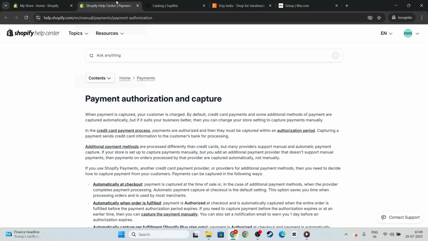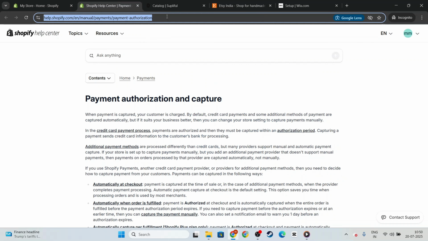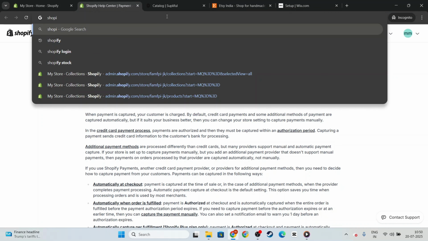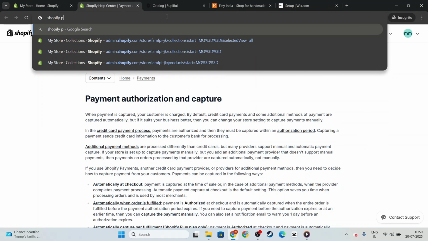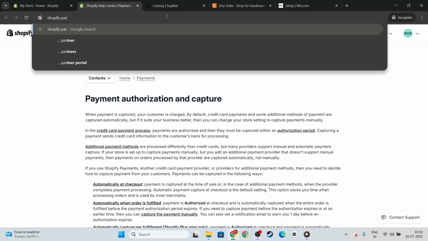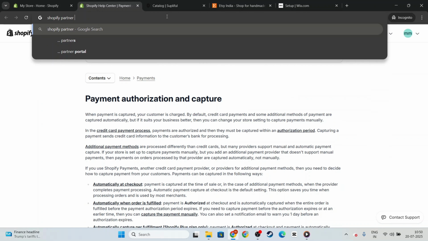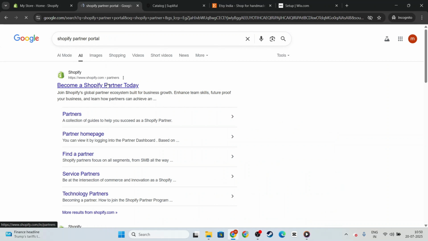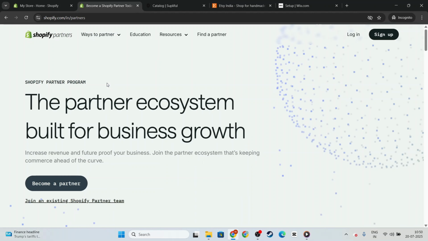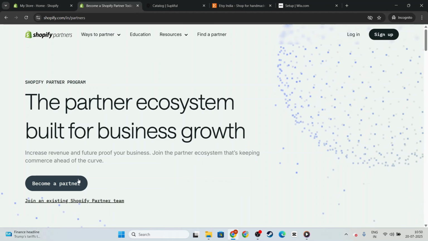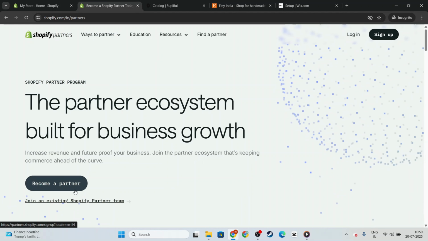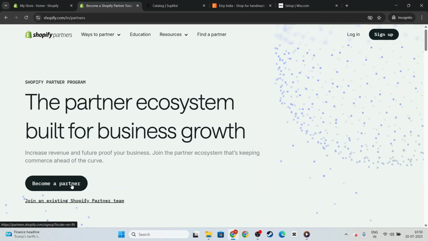First, you're going to head over to the Shopify Partner Program website. Once you're there, look for the button or link that says Join Now or something similar. This will take you to the registration page where you'll begin the process of creating your account. It's a straightforward step, but one that paves the way for a whole new level of engagement with your Shopify-related